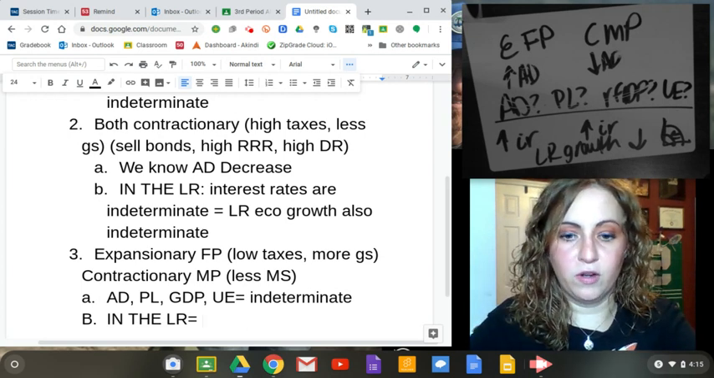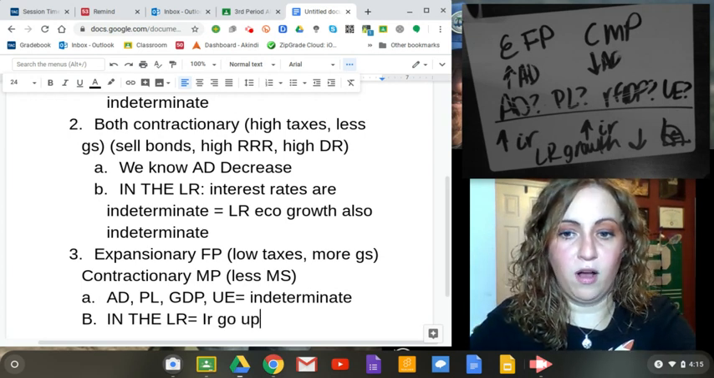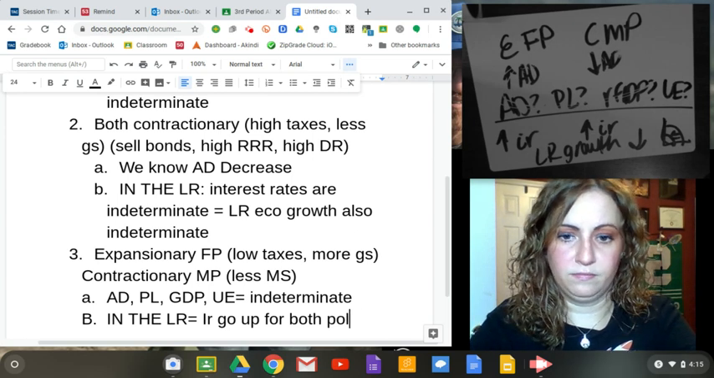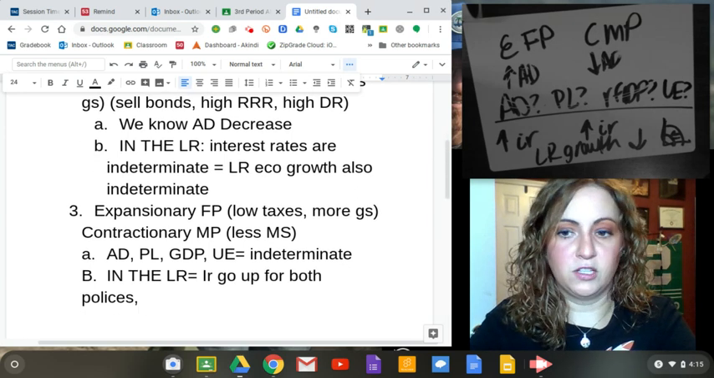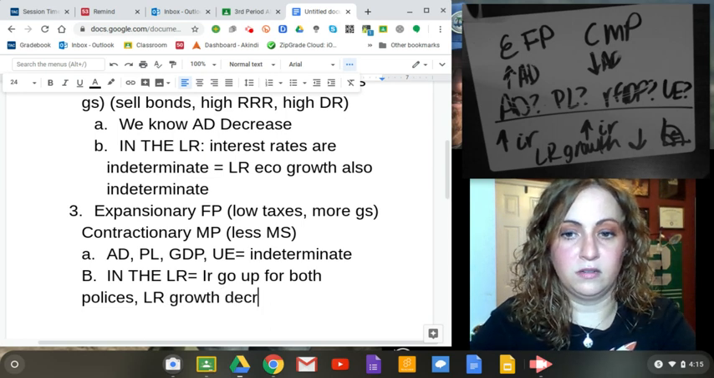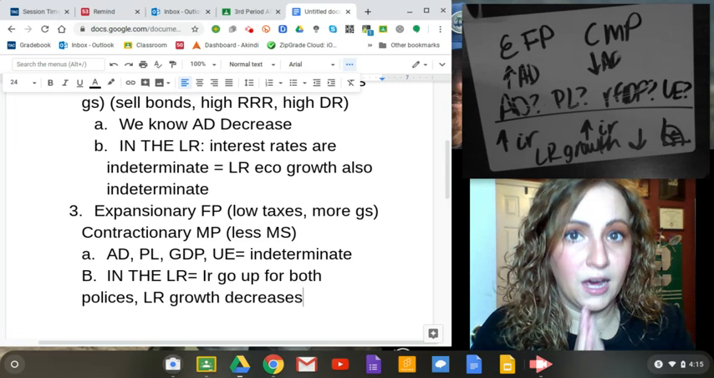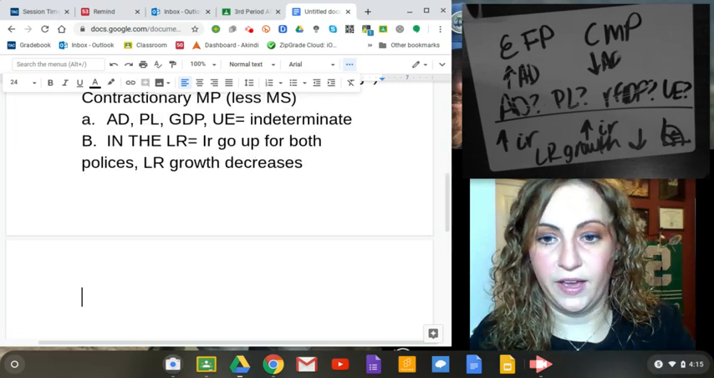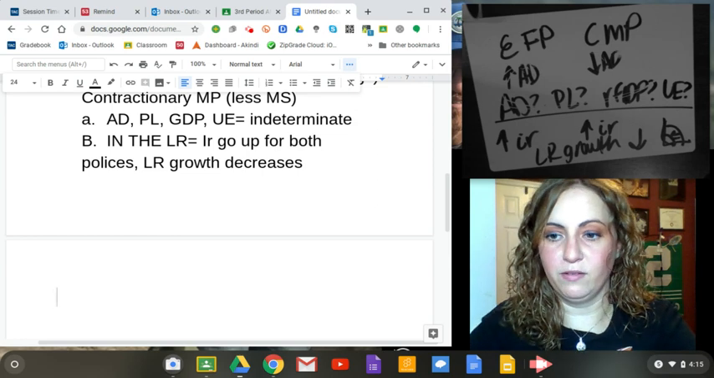So in the long run, interest rates go up for both policies, which means long-run growth decreases and the economy will be worse off. The PPF curve will shift to the left. Okay. What about